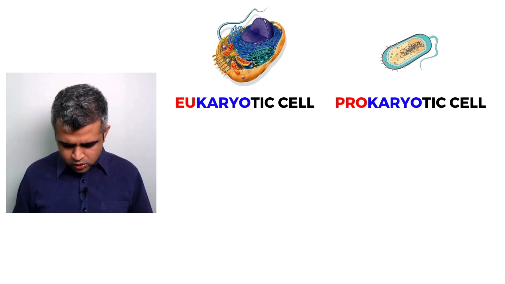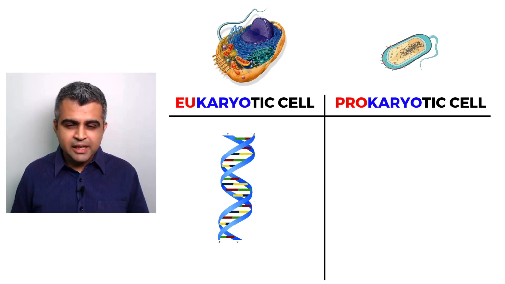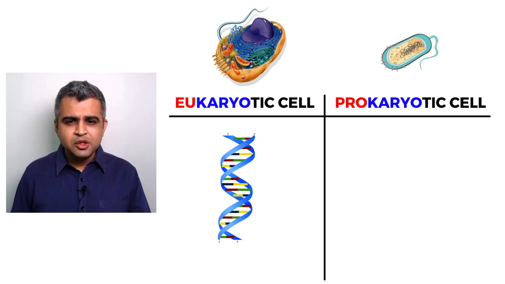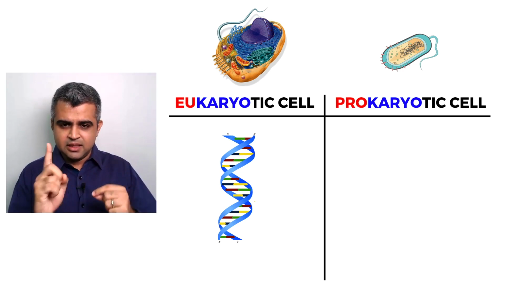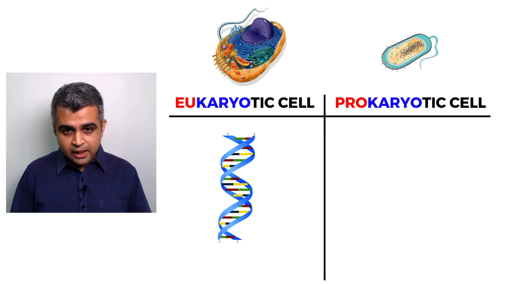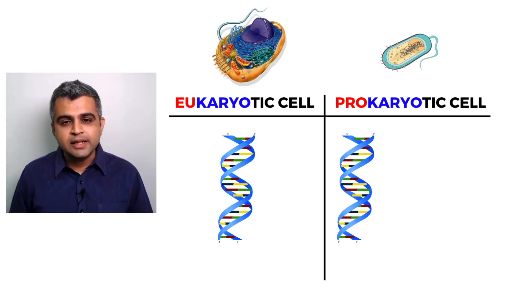Now, I am sure in school you have seen how DNA looks, or everybody has a fair idea. I don't expect you to know today how this structure was decided, or what each part of the structure is, etc. I just need you to know that DNA looks something like this, and it's a helix. As long as you know that much, it is sufficient for our discussion right now. So both these cells, the prokaryotic cell and the eukaryotic cell, have DNA. So the DNA in the animal cell looks like this. In the prokaryotic cell also, it looks like this only.